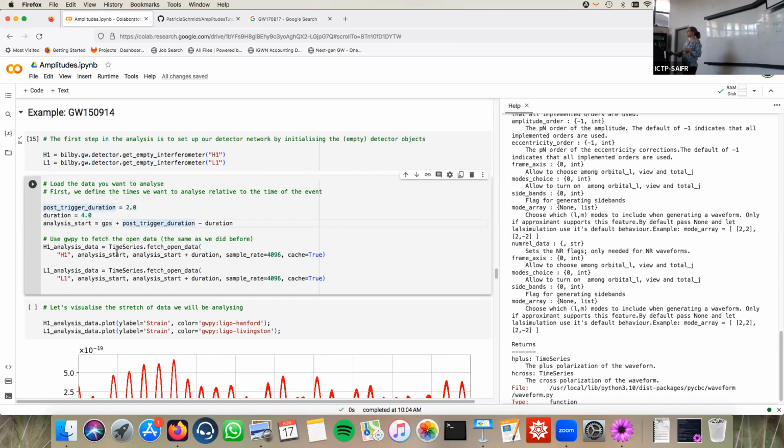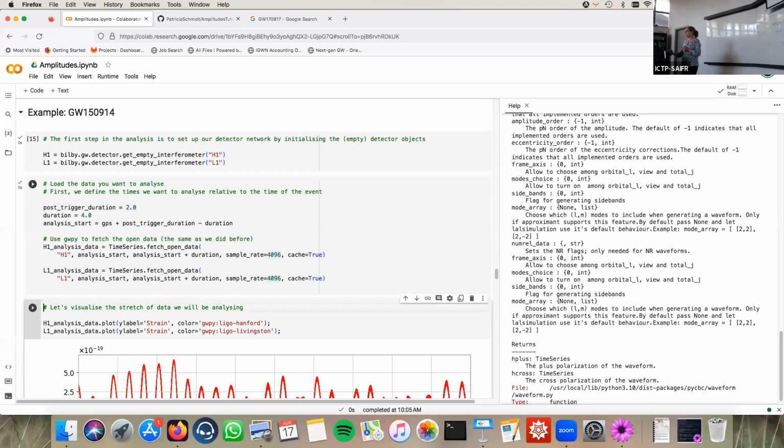And then we use the same as before. We use the GWpy time series to fetch the data, but now we just fetch this small part. Okay. For example, right, is